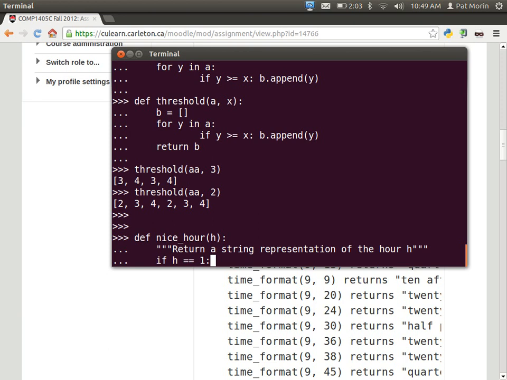Now, what you could observe instead is that really, the hours we're looking at are 0, 1, 2, 3, and so on, up to 23, and those are like indices. You could use them as indices into an array. So instead, you could